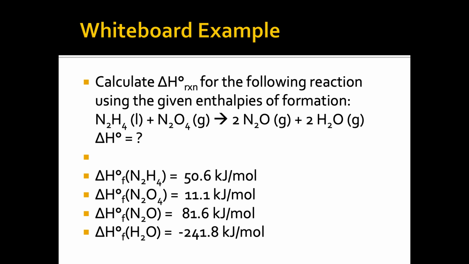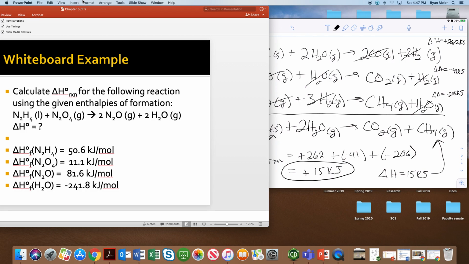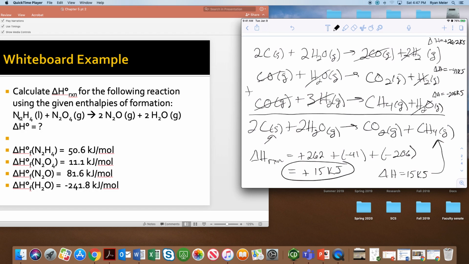So, working through an example of this, we want to calculate delta H of our reaction for this reaction that we're given. N2H4 as a liquid plus N2O4 as a gas, going to N2O as a gas plus 2H2O as a gas. And so to go through and work this problem,